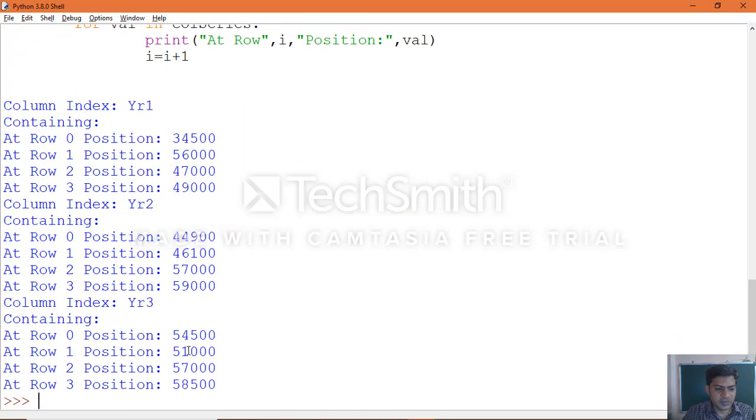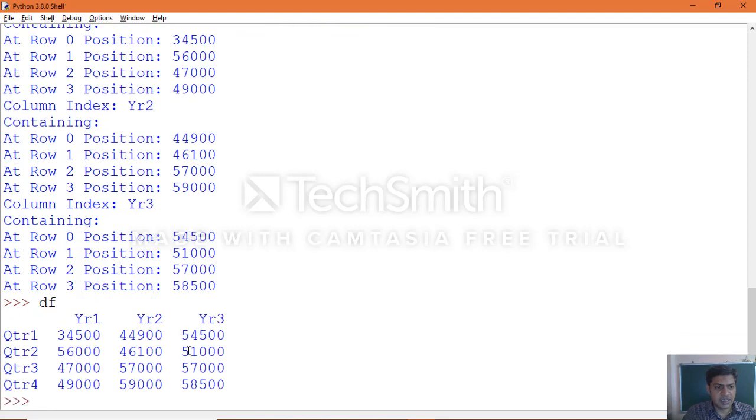You can see clearly. Just print the data frame object again and look at that. Just go for year 3, column index year 3 and at row 0. So row 0 is the value, you can see year 3 row 0 position, and year 3 row 1 position the value, year 3 row 2 position. Only 3 years of data which we took here. So year 3 row 2 position, then year 3 row 3 position. So you can see clearly how the data is extracted.